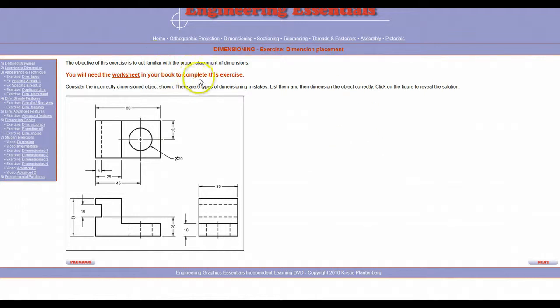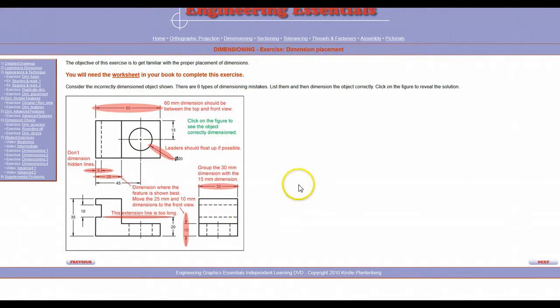Once again, this worksheet is in your textbook. We're going to consider improperly dimensioned objects. That does not mean that the values are incorrect or not proper. It means their placement may or may not be correct or proper. It says there are 6 types of dimensioning mistakes. List them and then dimension the object correctly. And we're going to solve this by clicking on here, and all at once you get